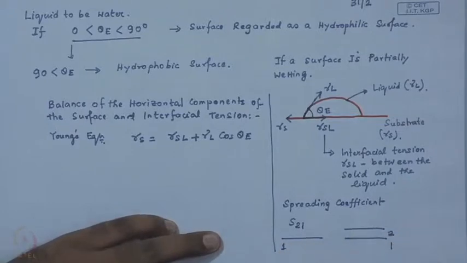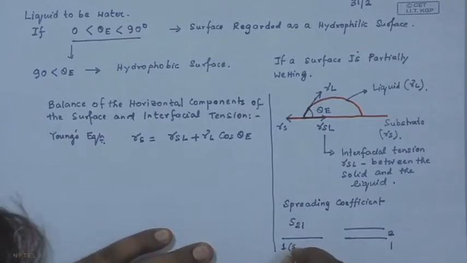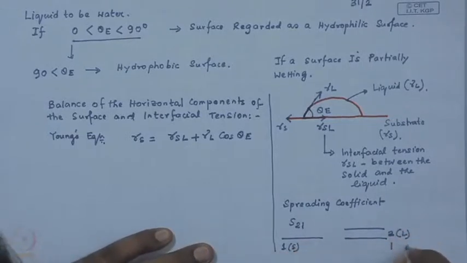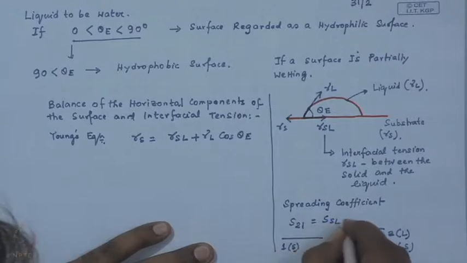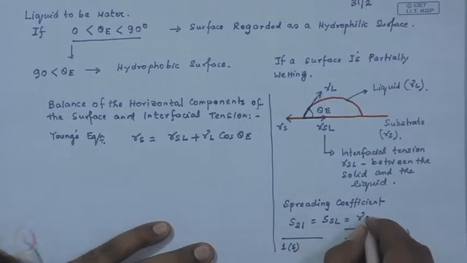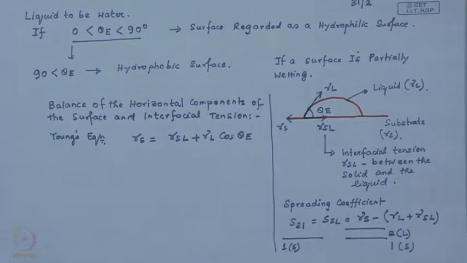The film material was regarded as 2 and the solid, the substrate, was regarded as 1. So the notation we are using today is essentially SL, and it was identified as gamma S minus gamma L plus gamma SL, and based on whatever understanding we developed yesterday